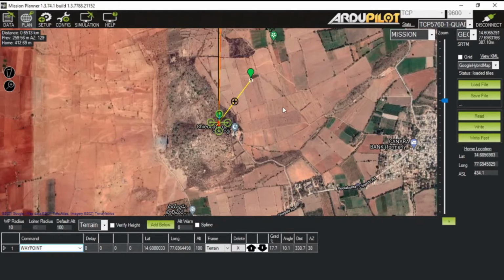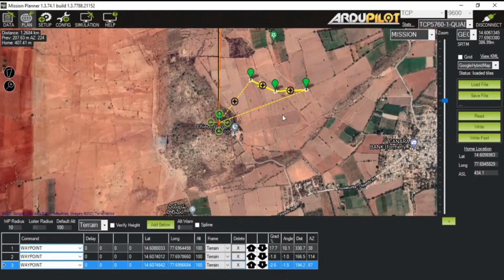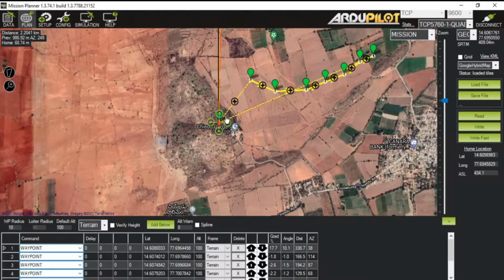Okay, and you can create as many waypoints as you want, just by left clicking on that particular point. So suppose you want to fly from the home location to this location. You can plan your flight, and suppose this is your target, this is where you want to reach. So this can be your flight plan, and this is basically a path of your drone,